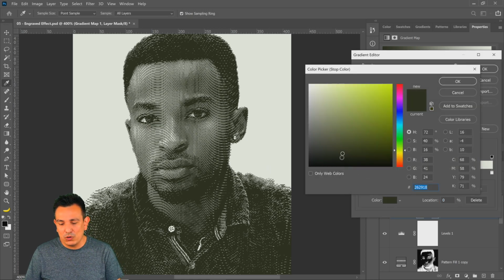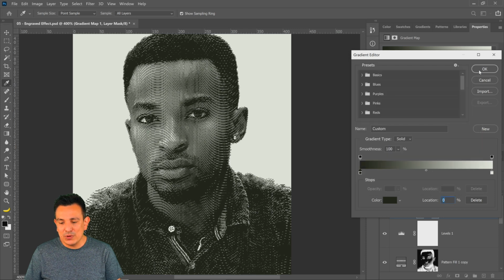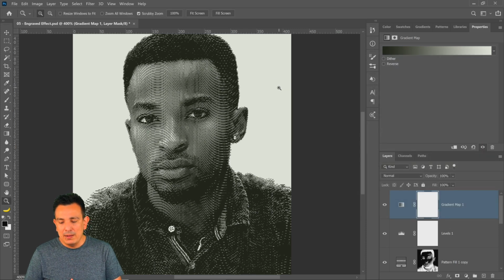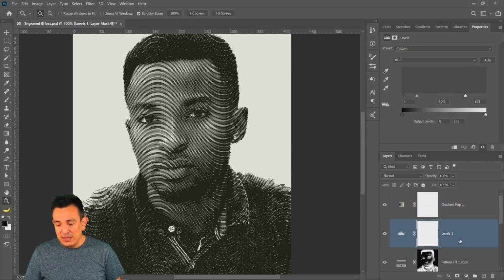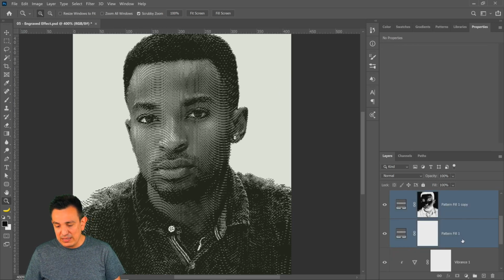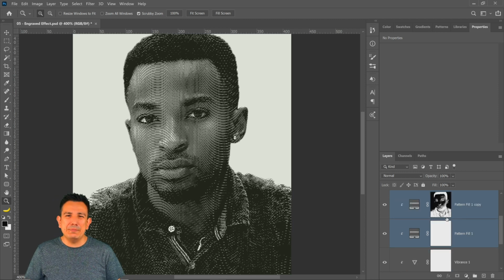I always like working on a non-destructive workflow, but just adjust it any way that you want. One thing that I should mention is that these three layers right here, the two pattern layers and the levels adjustment layer, I didn't clip them to the layer below because the background was white and I wasn't going to do anything with the background. But if you decide to do something with the background, then you should clip them to your